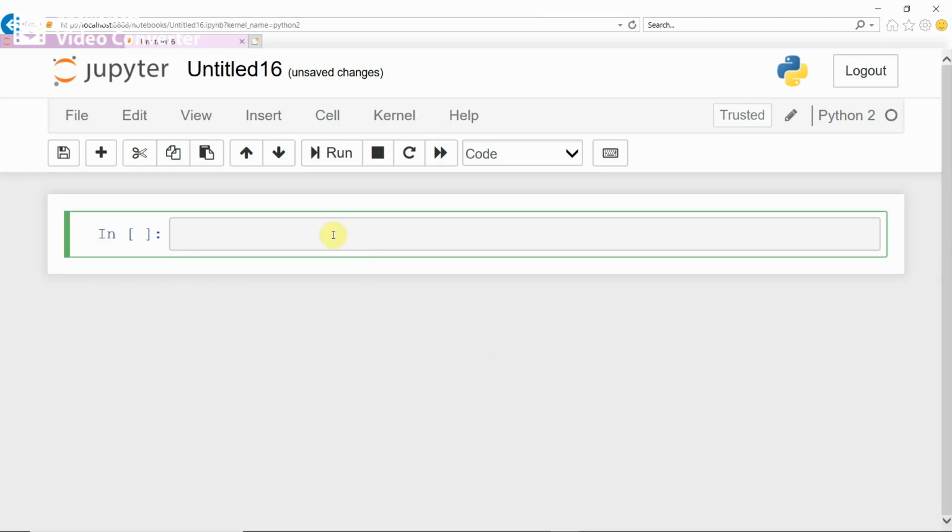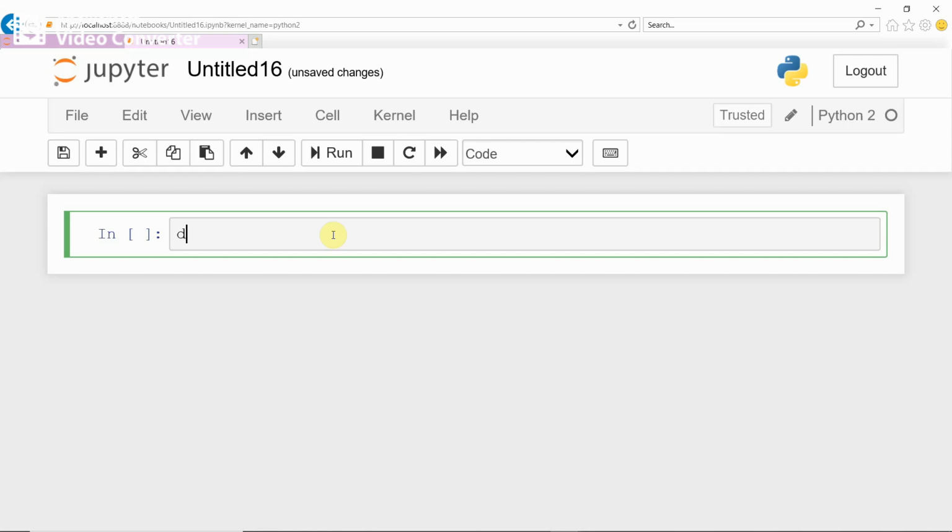Let us start with user-defined functions and local and global variable scope. You know that a local variable is local to a function, and a global variable is available to all the functions. Now we will see with an example how this local and global variable concept works.